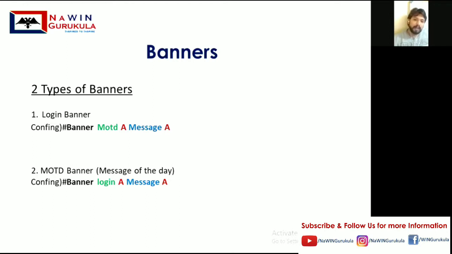So MOTD banner is like a generalized banner which you can put, whenever you try to establish the connection, irrespective of any login credentials or any logins.